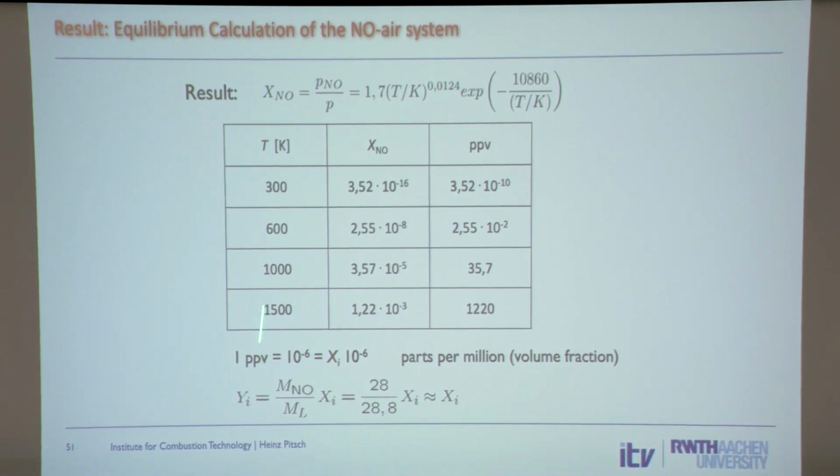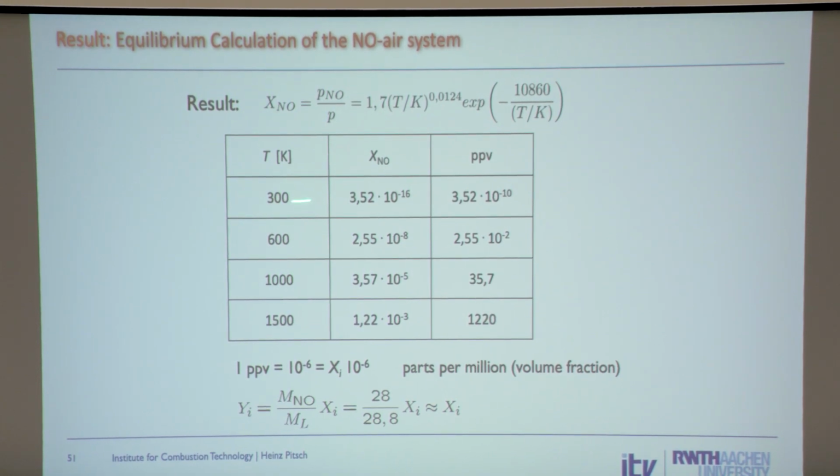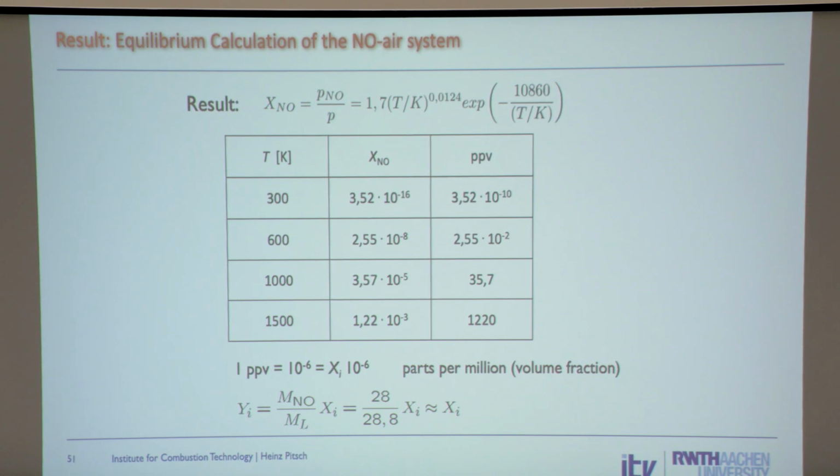So then we can evaluate this for different temperatures, and you see here at room temperature, first of all, for equilibrium we get a very low value, 10 to the minus 10 ppm, parts per million, okay? Which is 10 to the minus 16, very, very small. Was that to be expected? Yes, that was to be expected. Why? Because we're looking at the reaction N2 plus O2 goes to NO,